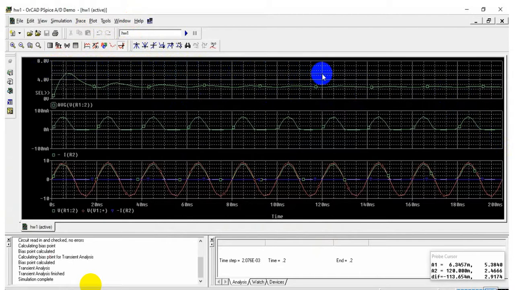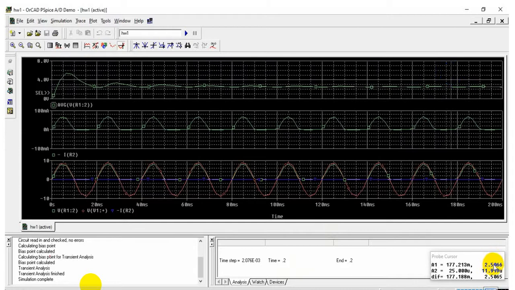Here see A2 is changing. So I am keeping A2 as 0 and I am going with the change in A1. See A1 is alone changing. So A1 you change, left click you do, and keep it at that place where you want to know the constant value. So you can see it is going up to 2.5. Okay, so my output is settling around 2.5.